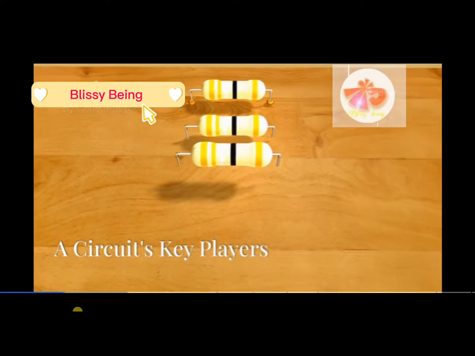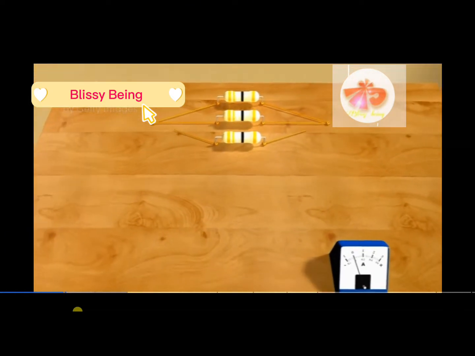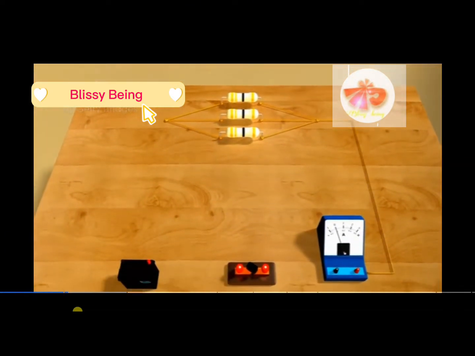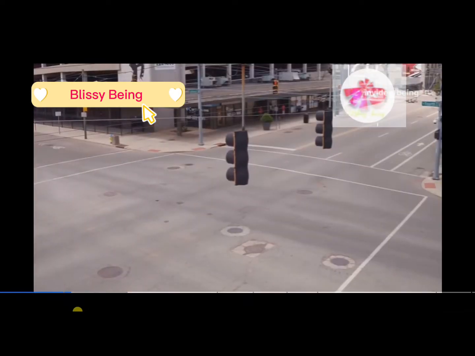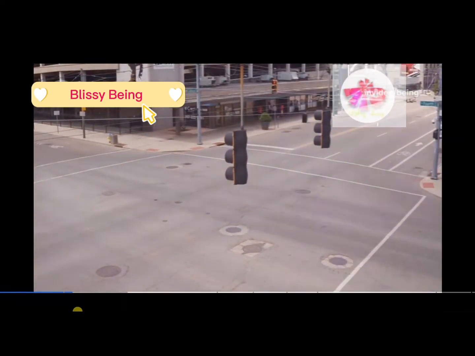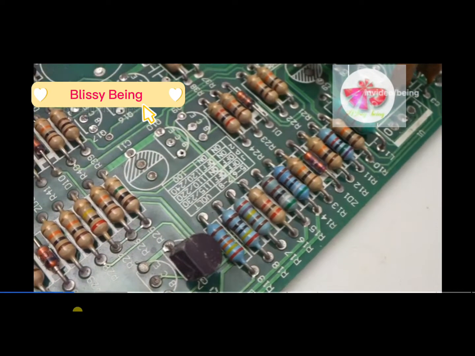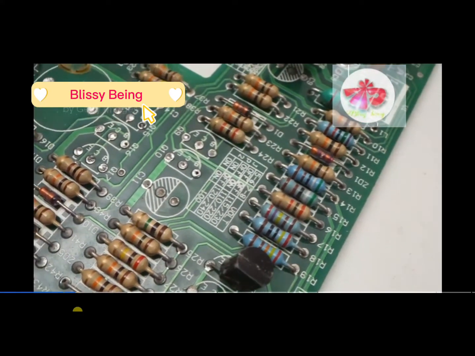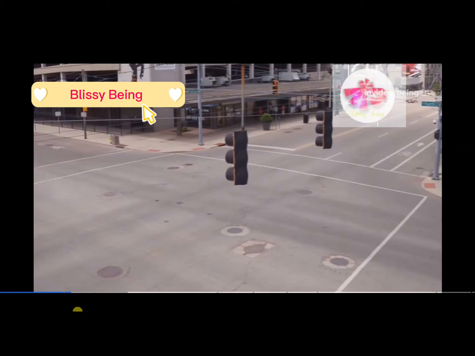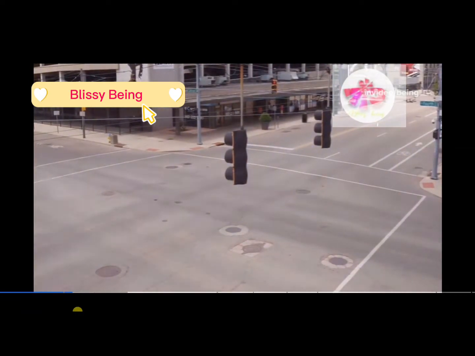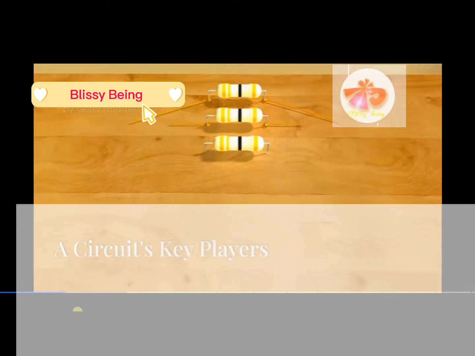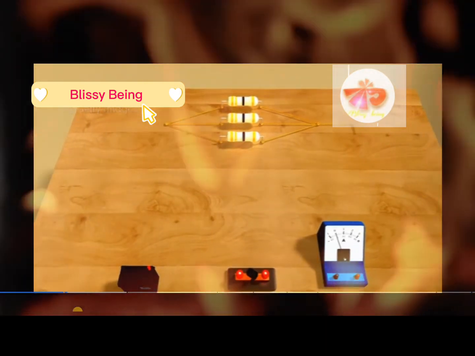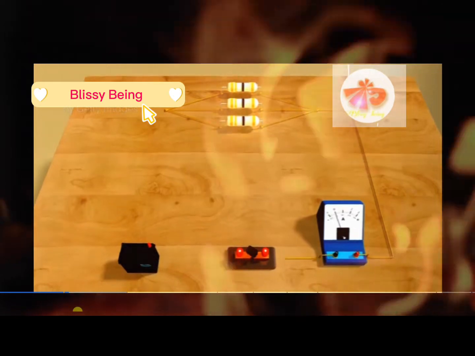Let's start with circuit elements. Every electrical circuit is made up of two types of components: passive and active. Passive components do not generate energy but can store or dissipate it, while active components can supply energy to the circuit. A resistor is a simple but vital passive element. Its main function is to resist the flow of electric current. When current passes through a resistor, energy is dissipated as heat due to opposition to current flow, as described by